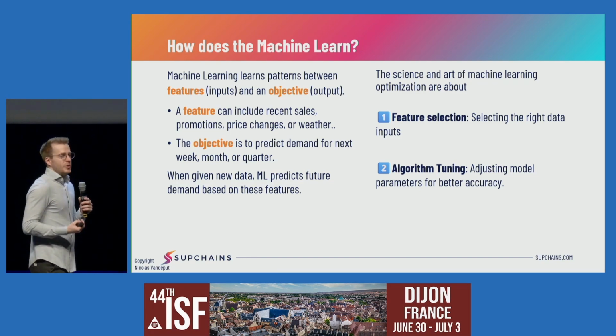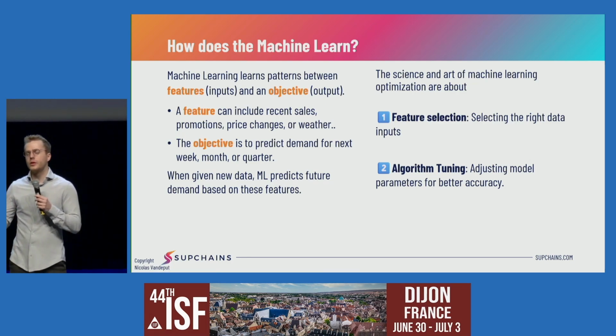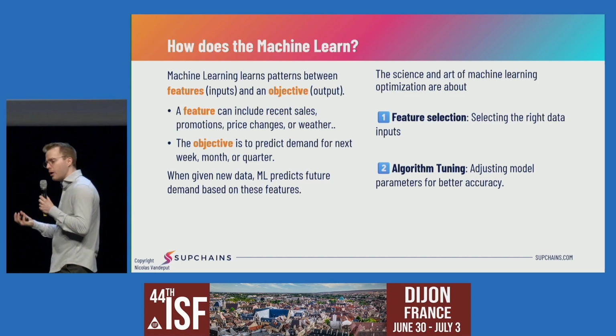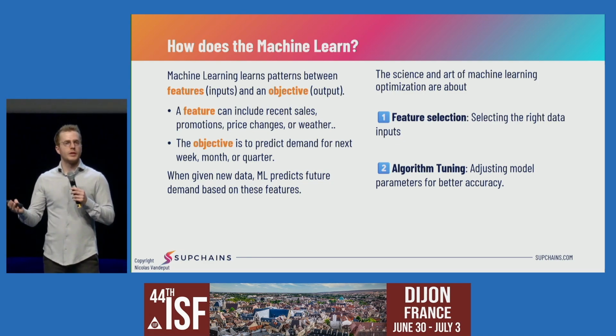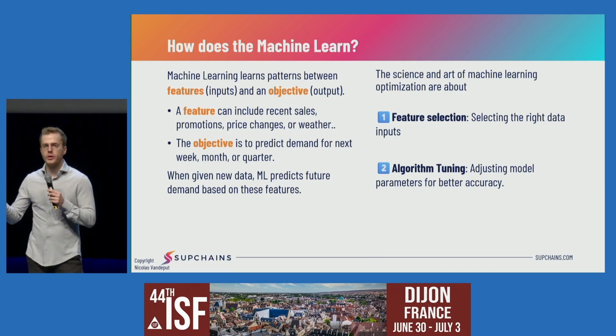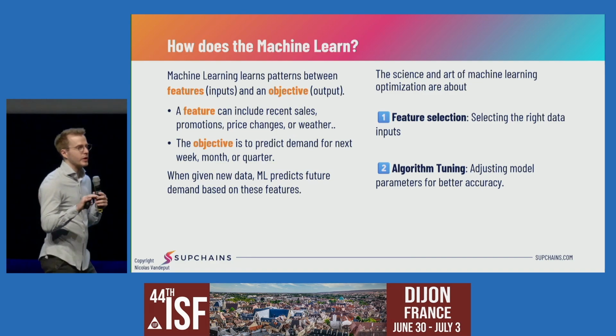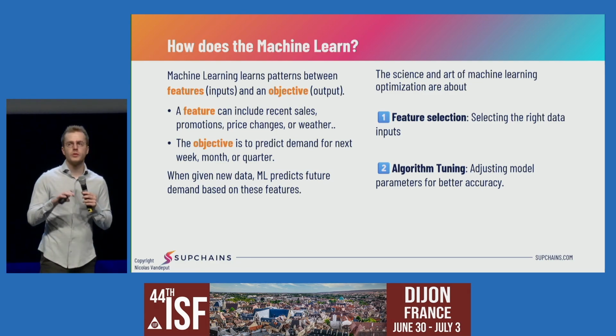So when you want to optimize such a model, you can discuss two things. The features I just talked about, and then the second part is really the fine-tuning of this model. And there you need the hard skills of data science, how to optimize a model. But that's the only part in this process where you need very strong data science skills. It's the optimization of the model. To discuss the features, anyone with business knowledge can do that and should do it.